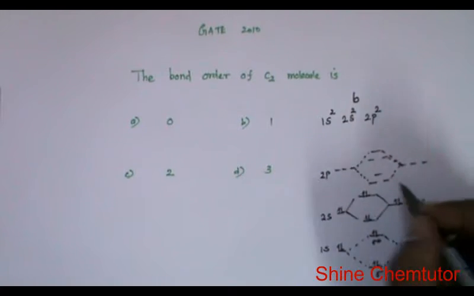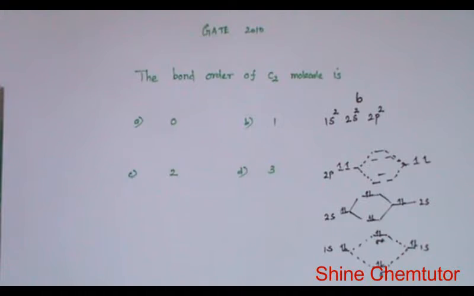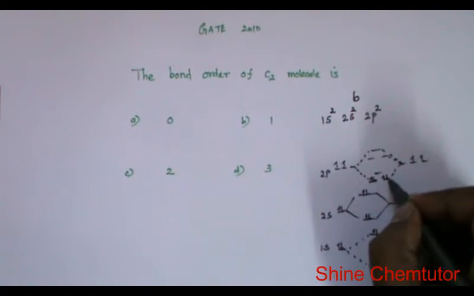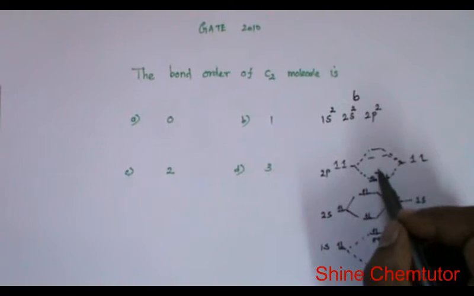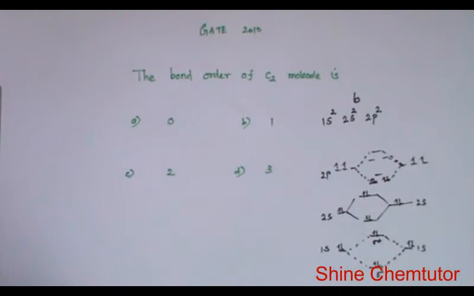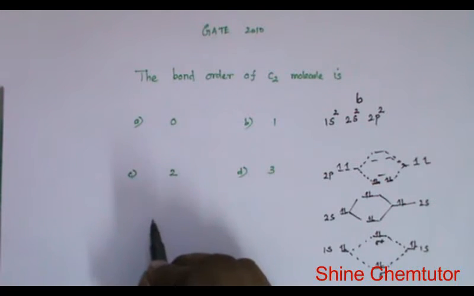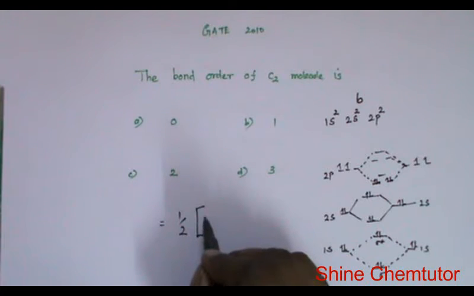This can accommodate 2 electrons. So now we have electrons like this. Totally there are 4 electrons, and these 4 electrons can be accommodated in this itself. If we have 5 electrons, then I have to place one here. First I have to place the electron in the lower energy orbital. Now in order to calculate the bond order, I go for this formula: 1/2 number of electrons in bonding orbital